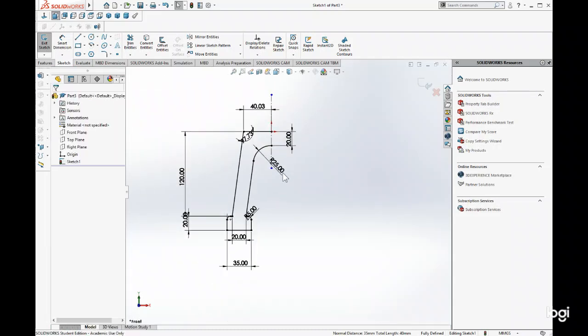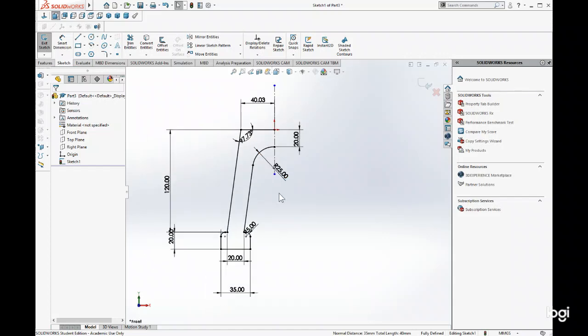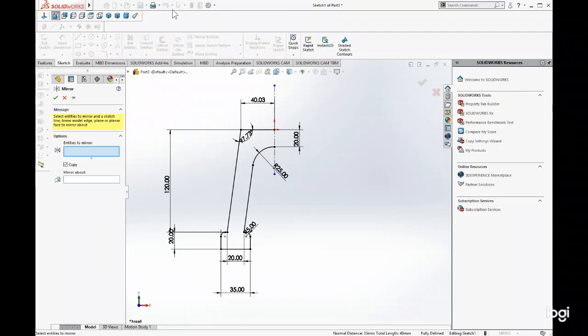So the next thing I want to do is mirror this to the other side. The way I'm going to do that, I'm going to click Mirror Entities here, and it's showing you entities to mirror. Sorry, looking at something. So the best way, I could click on all these lines if I wanted to and